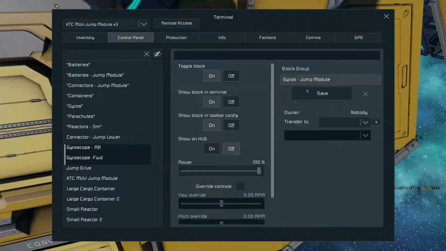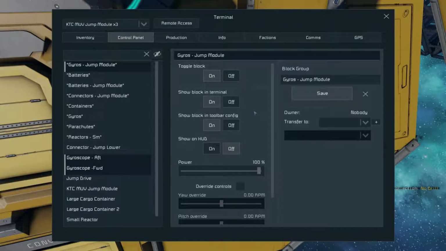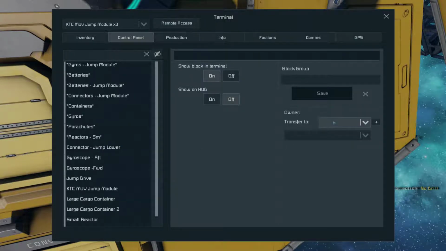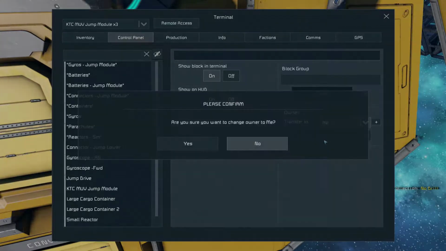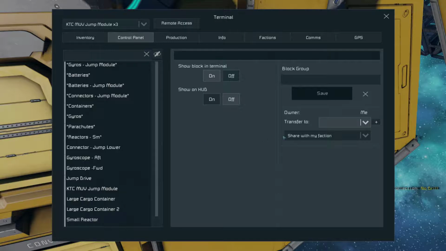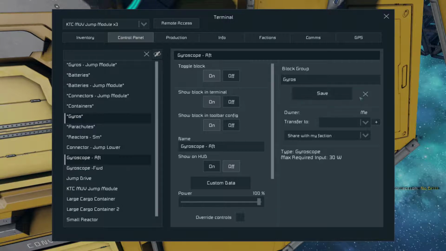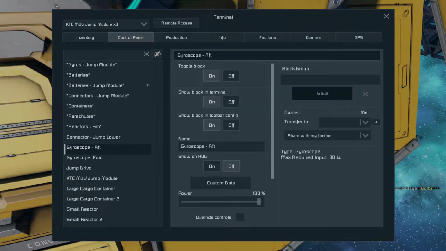Now normally I would not differentiate. I would just go ahead and say that all of these gyros, and they'll end up in the same group when you link everything together. I can't really even begin to say why I changed my mind on that, because of course originally that was one of the things that I was doing, having all of the group names being the same. So jump module,